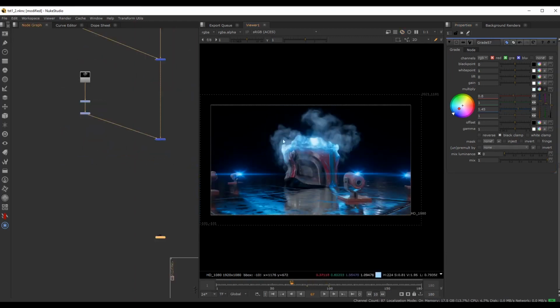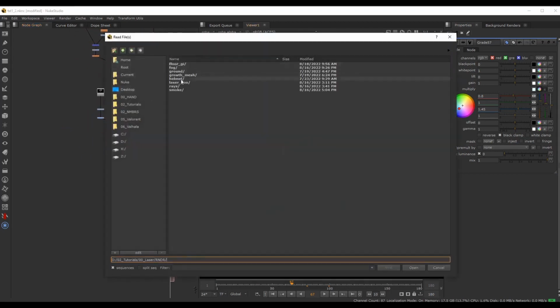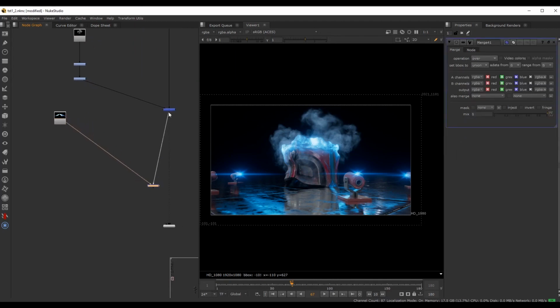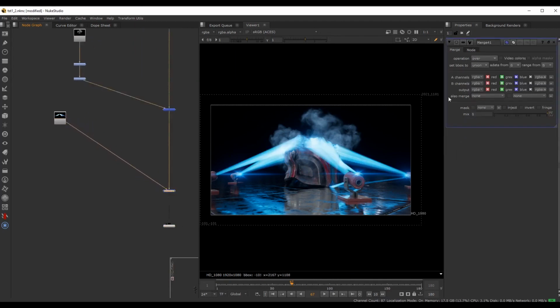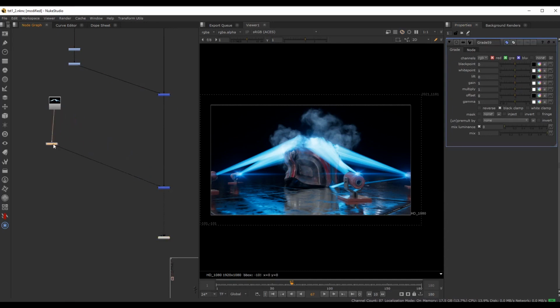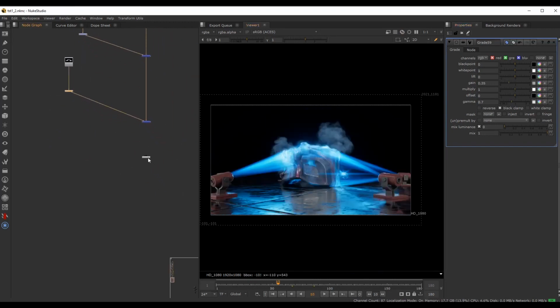So now we will have to bring in our actual rays. So let's go ahead and bring in our rays. And from here I can just merge this on top of everything and see how this will look. Okay, so if I set this to plus, it's looking pretty good. Let's drop down a grade here, and let's drop down the gain quite a bit, maybe the gamma as well. Alright, so I will leave this as it is for now,